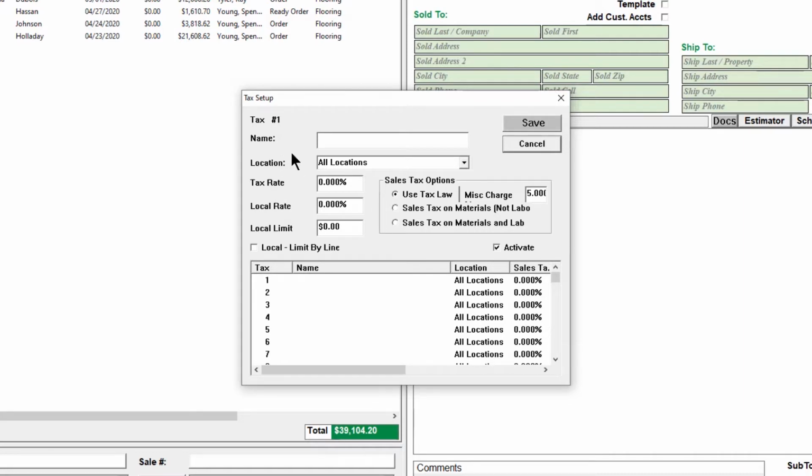In order to set up a tax rule, you'll click on the first line in the lower half of the window and then give it a name, typically your state. If you have multiple locations, you can select a location. If the tax rate is the same at both locations, then you'll probably leave it at all locations. The only time that you really would select a different location is if there's a different tax rate for each location. In that case, you'll set up a rule or strategy for one of them and select that location, and then click on item number 2 in the list and set up the other one with a different location and